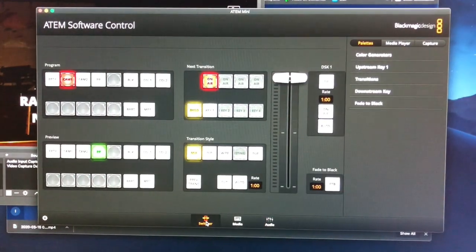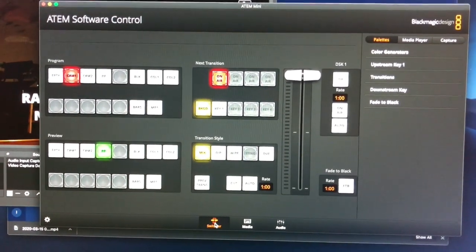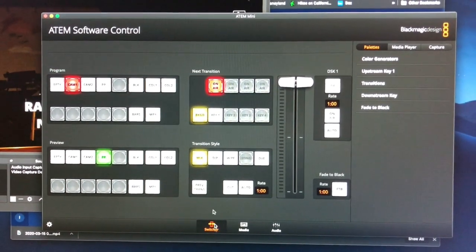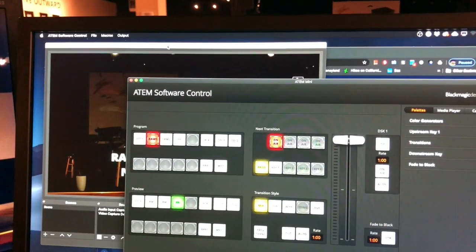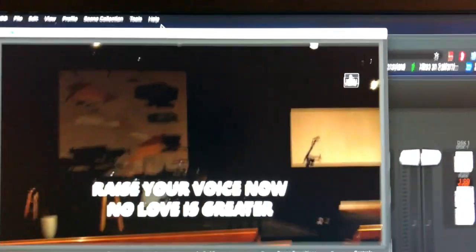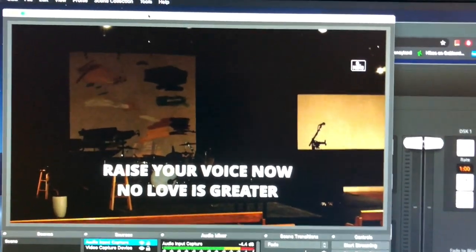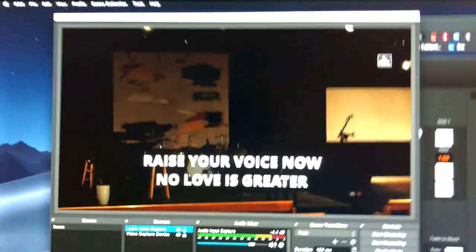There's obviously a lot of other things you can do with this. You can get in and play around with it, but those are the basics we used for setting our feed up. As far as the actual live stream goes, let me just tell you about some of the software we use. So this is called OBS, and this is just an open source live stream software, so I think it's a free download.